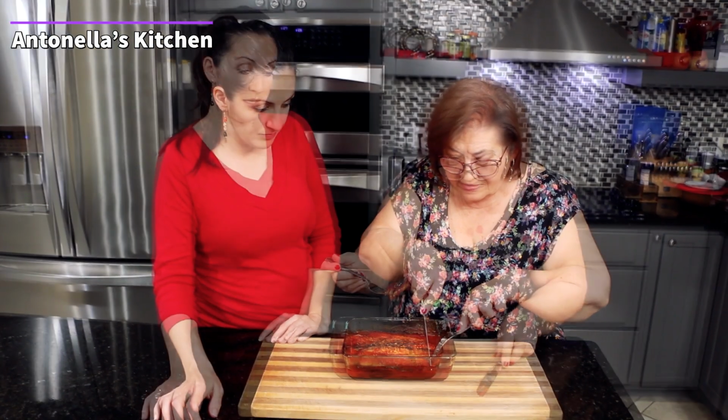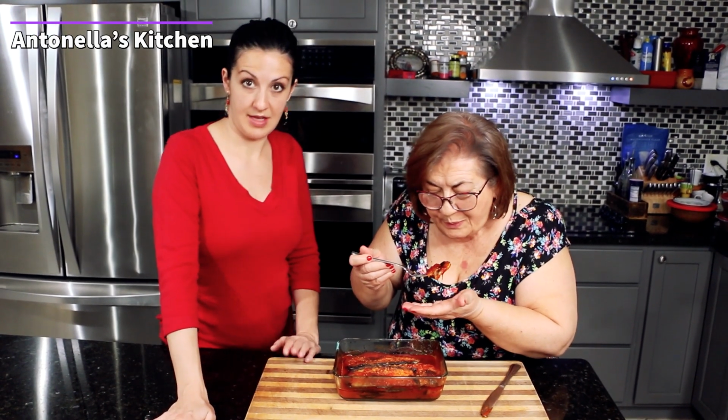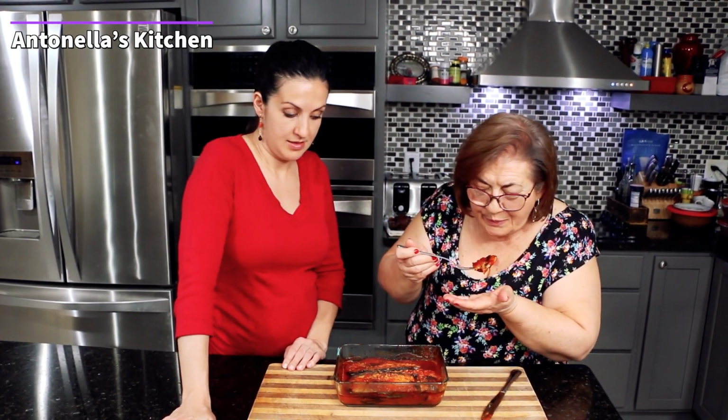Look at this. This just came out of the oven, guys, so obviously it's a little steamy. If we were in full blown out summer in Sicily, we wouldn't even bake this. In Sicily, we make the eggplant parmesan cold. As soon as it comes out of the fryer, we put it in the fridge, when we come home for lunch,